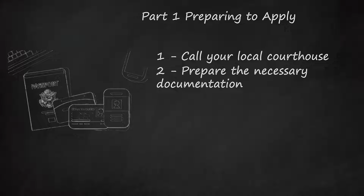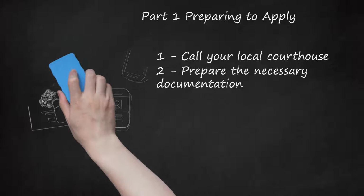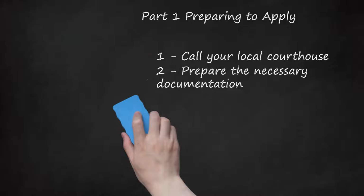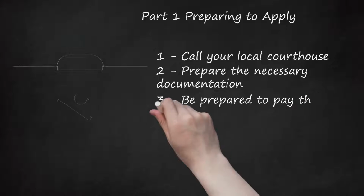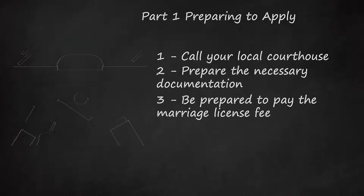Certified death certificate or divorce decree. If either of you has been married before, you must show a certified death certificate of the deceased spouse or a divorce decree as proof of your current marital status. 3. Be prepared to pay the marriage license fee. Every county varies in the payment methods accepted, but in most cases, cash, credit card, or a check, not a starter check, is accepted. A Florida marriage license costs a set amount,